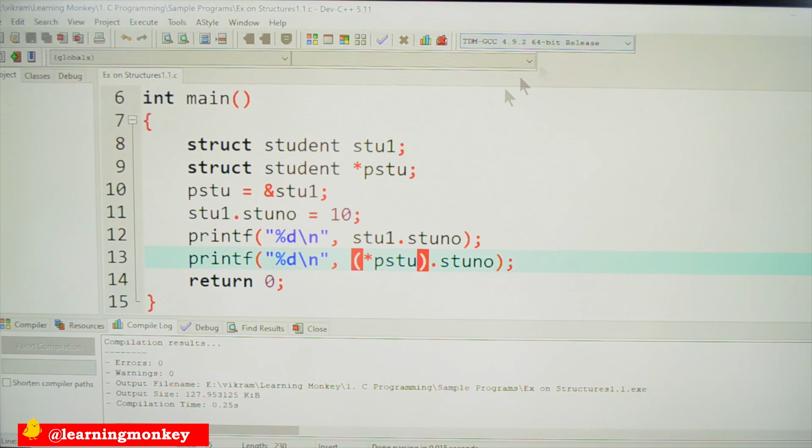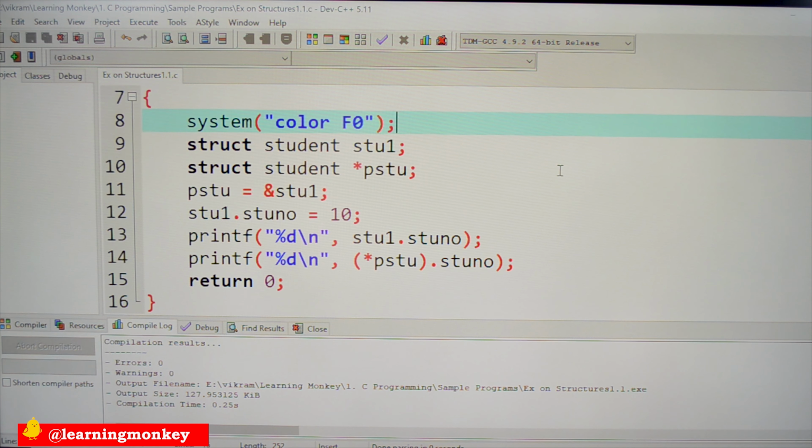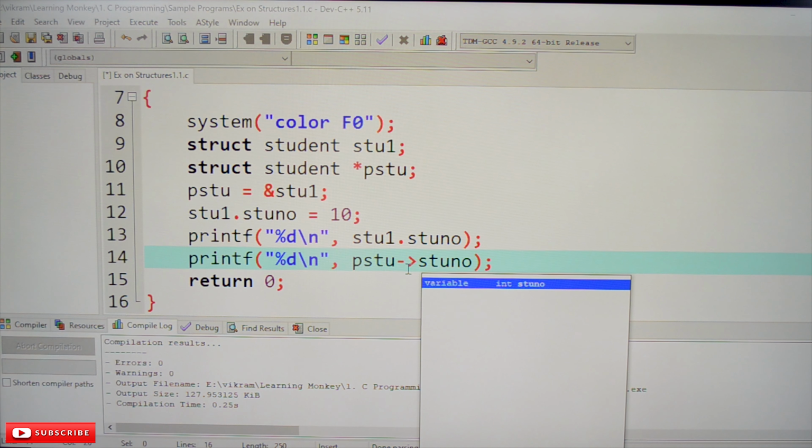Now what we will do is, we will change this declaration and give the arrow mark and see how things get printed. So this is hyphen and next is the greater than symbol.